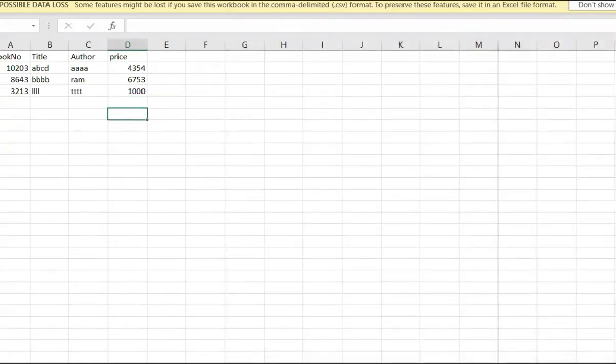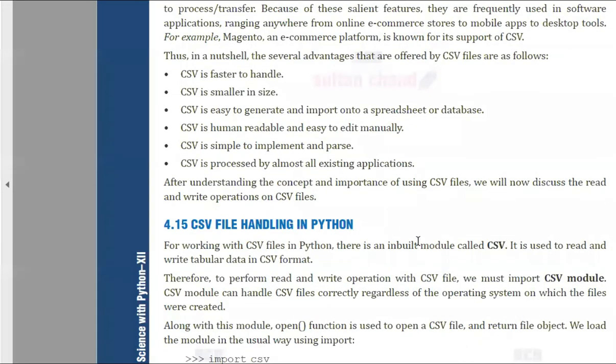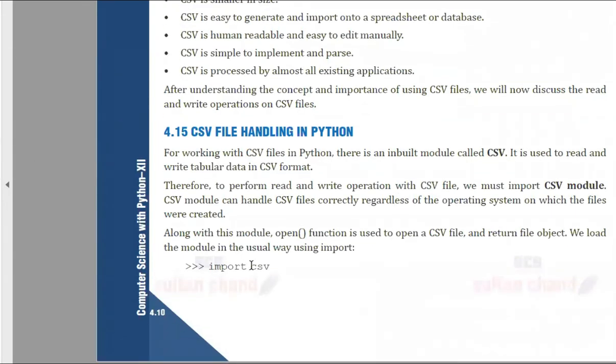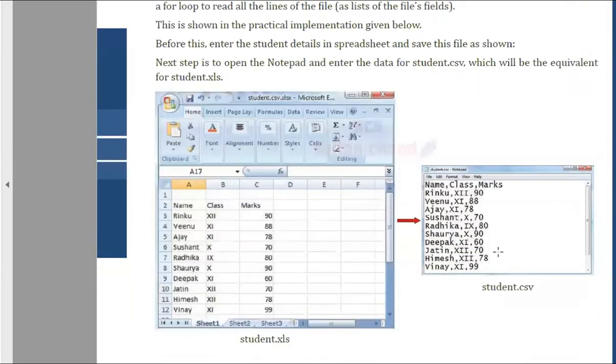So now we can directly move to the program and see how they are writing into the file and reading from the CSV file. As we have the import statement, like in binary file handling we had import pickle, right? Here we are having import csv, which is a package from which we will be using the functionalities. There we had the functionalities called load and dump. Here we are having writer and reader, and you are reading the content. As I said, the content, how we are storing it in the notepad. If we are seeing it in the spreadsheet, it is going to be there in this format.